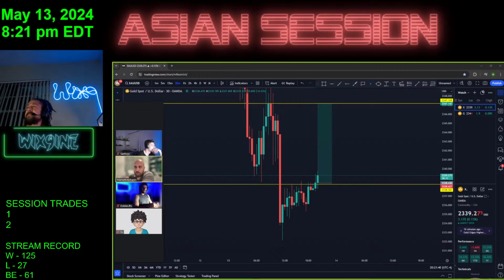This is MGC1. MGC1 with an exclamation mark is a continuous roll of the futures contract. Oh, there's a button right there, plus 10, so I can open 10 contracts at the same time. It'll add 10, so if you have 1 sitting inside the box and you hit 10, that would be 11 lots. It's not a big deal, but this is basically what I made, less than commission, on my Forex account right now, because this ended up being 1 contract.